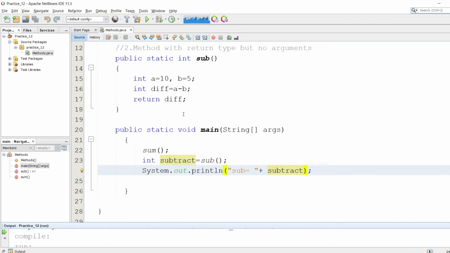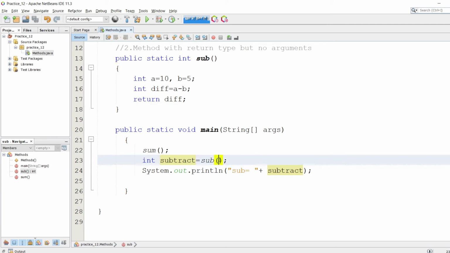So here the concept behind the second type of method is that whenever the method is called from here, it gonna execute the method body. So it's gonna calculate the difference between a and b, store it here, and simply return the value that is stored in the diff variable. Whenever it returns the value, it gonna store the returned value in this variable as an integer, and simply print it out here.